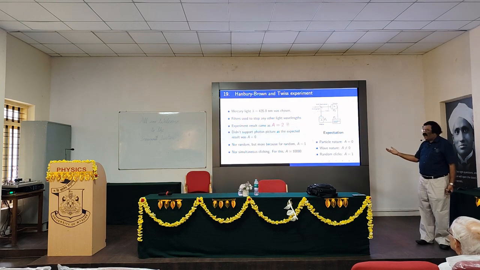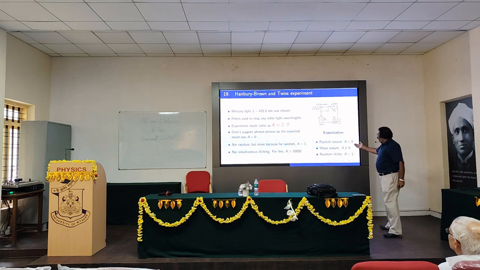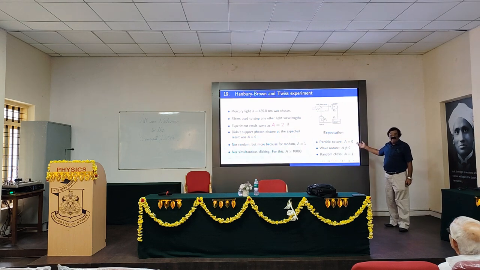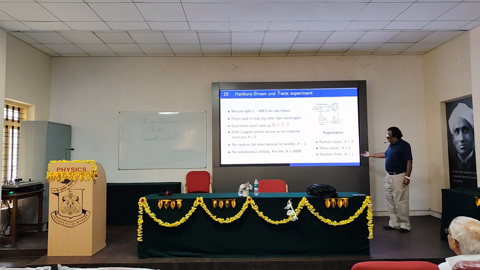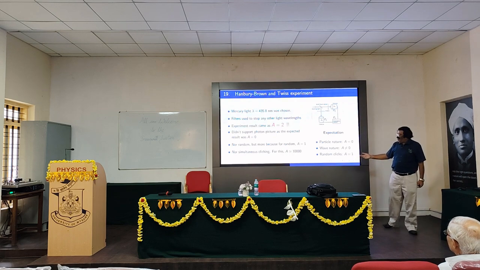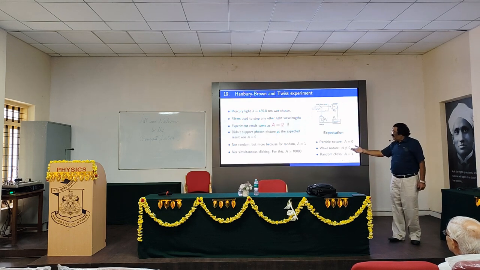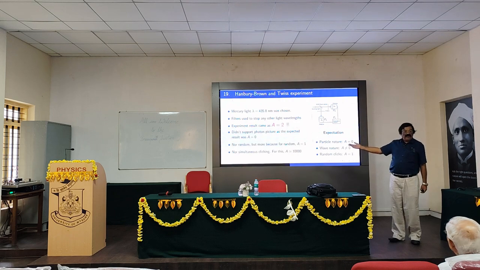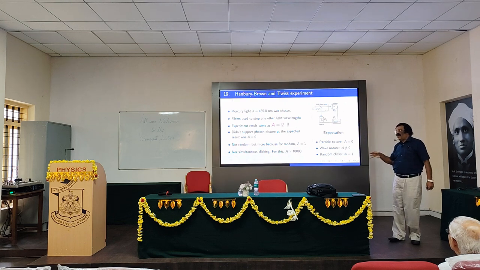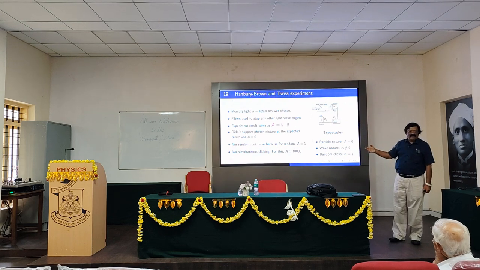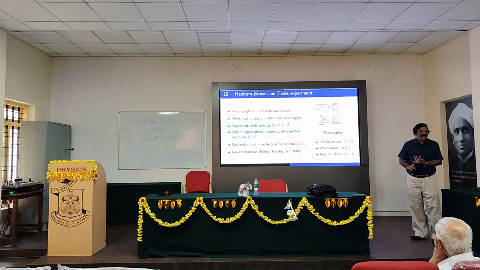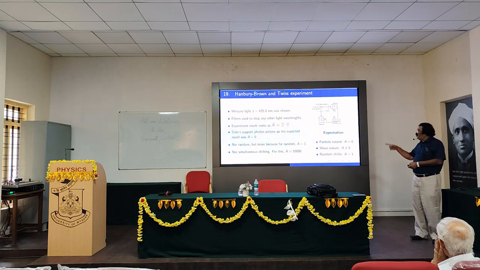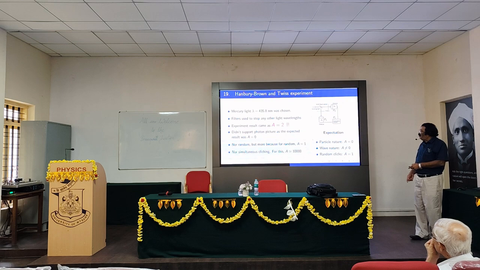This did not support the photon picture, because in the photon picture you should have got A equal to 0. Not a random picture either. If randomness was right, you should have got A equal to 1. No simultaneous clicking. If simultaneous clicking is there, then A should have been something like 10,000. Why is it so? Because Nc divided by N1 N2 into T by delta T turns out to be 10,000. So neither was it 0, nor 1, nor 10,000, it was 2. Right? This experiment really baffled the people at that time.